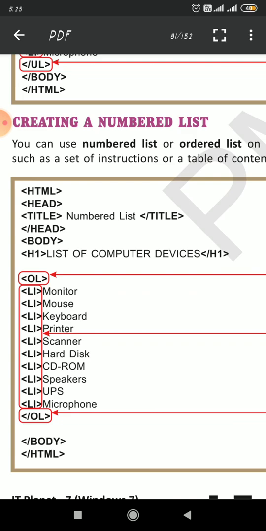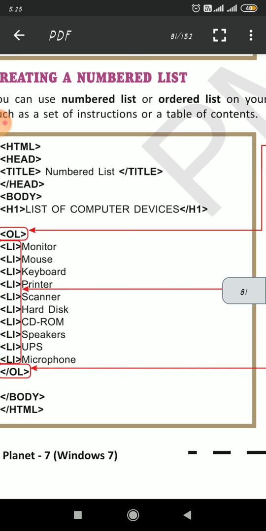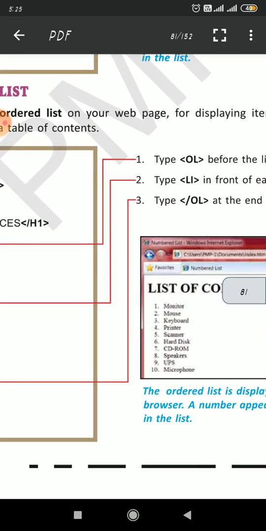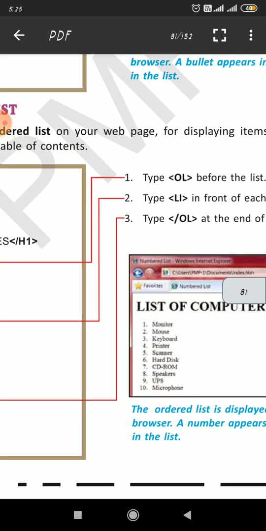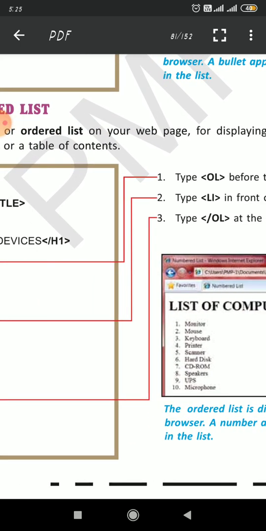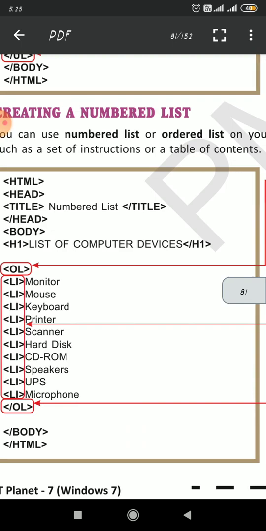This list also you can use, but for displaying items in a specific order, just like writing instructions or the contents of a table, because for them you need a numbering pattern.